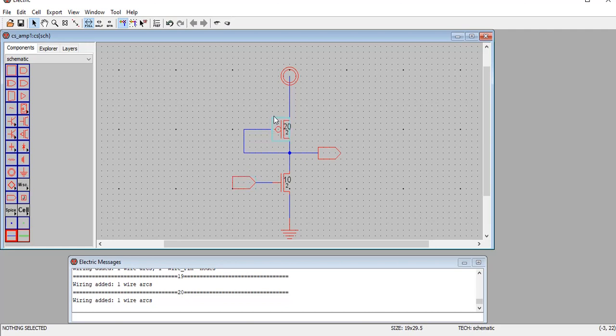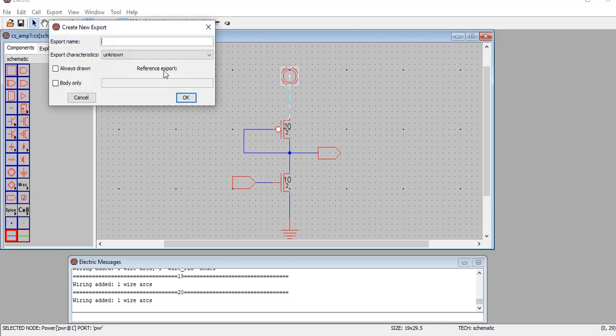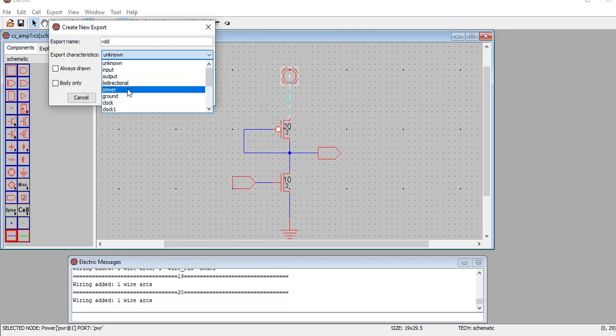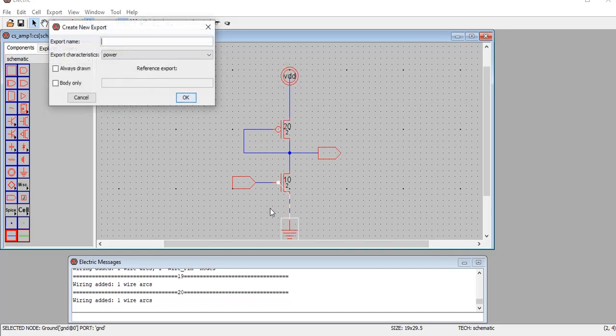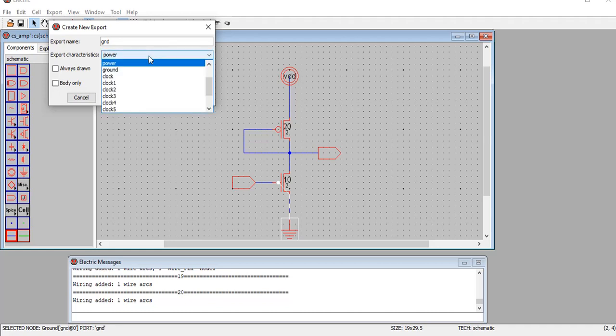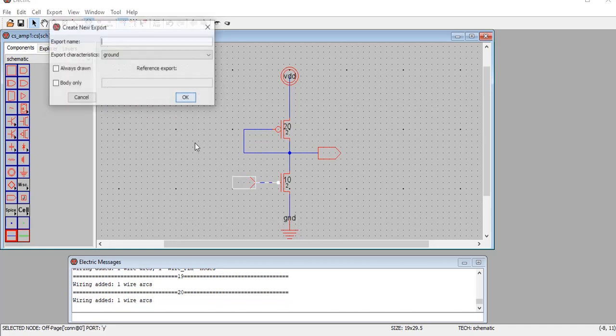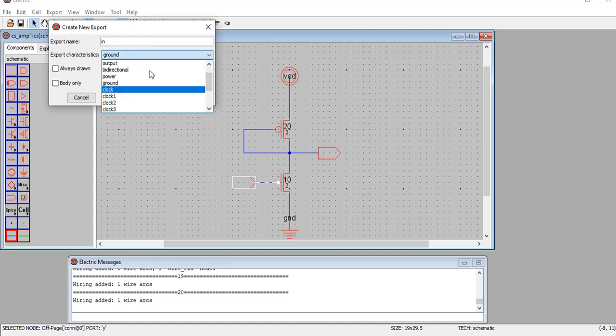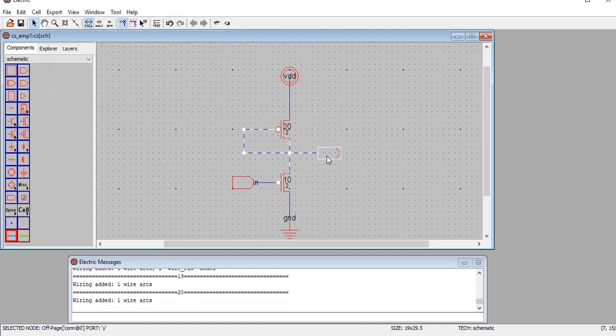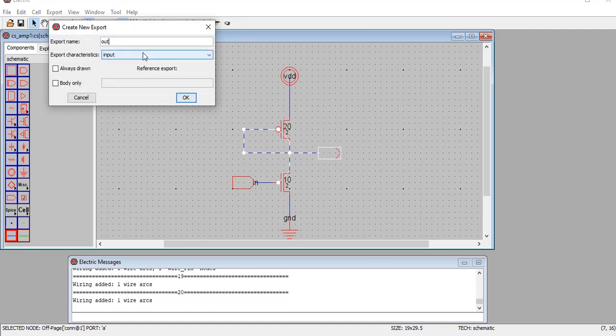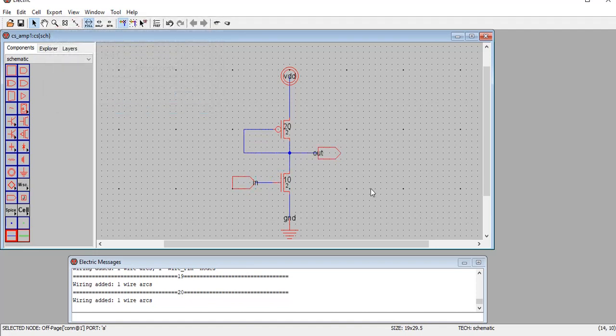Yes. And now I am going to name, or create the exports of, the inputs as well as the output. First let me finish the circuit, and then we will understand why this is called a common source amplifier. This is Control E, and that is your VDD; the characteristic is power. This is Control E again, and the characteristic is ground. This is Control E, it is my input, and the characteristic will be input. This is Control E again, the characteristic will be out, and this is my output. In order to zoom in on the alphabets, I will be using Control plus Option. Fine. Now it is clearly visible.